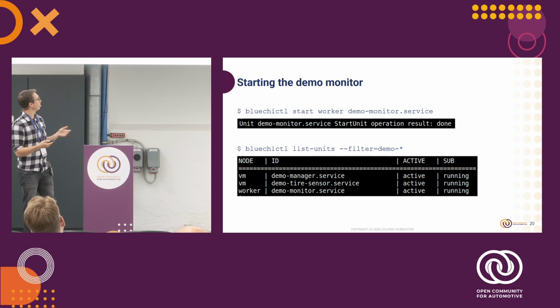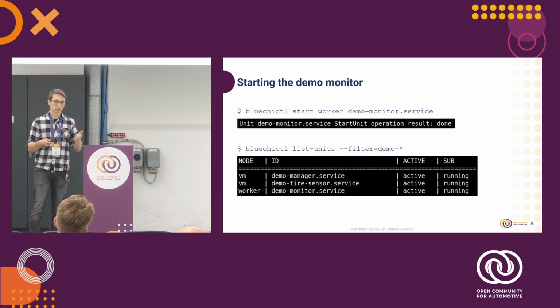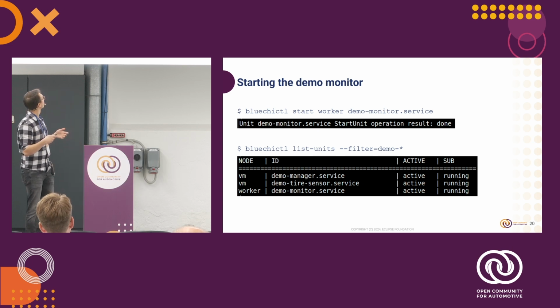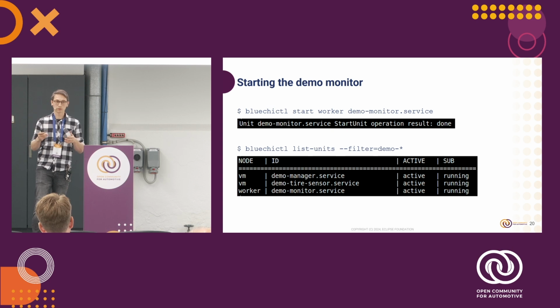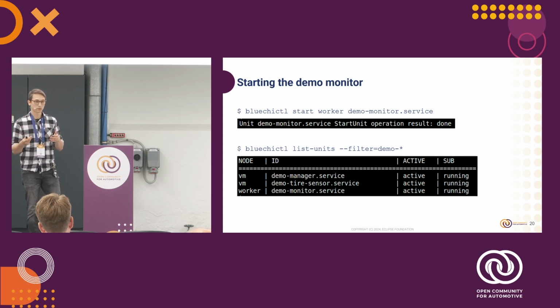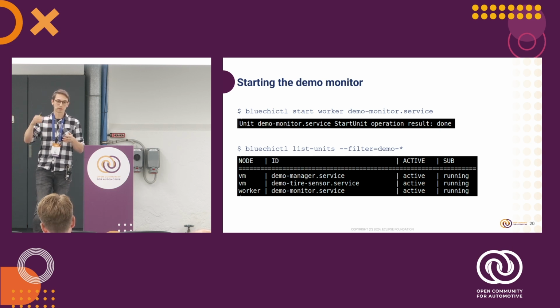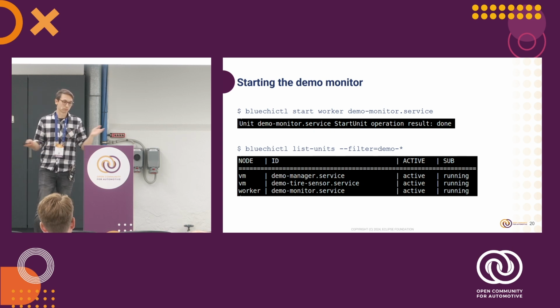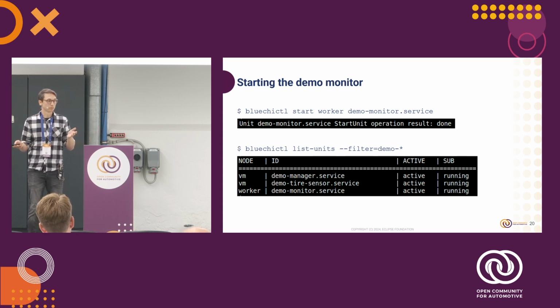So let's do that with the bluechictl start command on the worker node for this demo-monitors.service. We get a result done, and then we can list the services filtered by this demo prefix. And there we see basically that the demo manager service as well as the tire service are running on the virtual machine, and the monitor service is running on the worker node. So far, so good. But what about